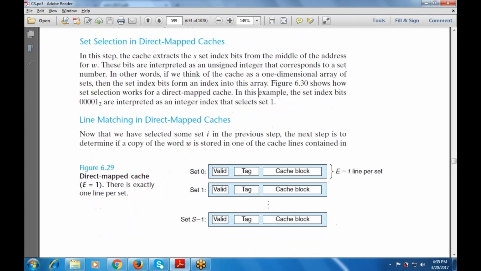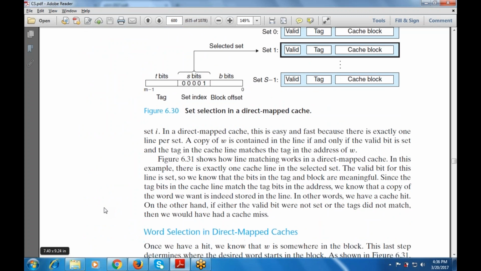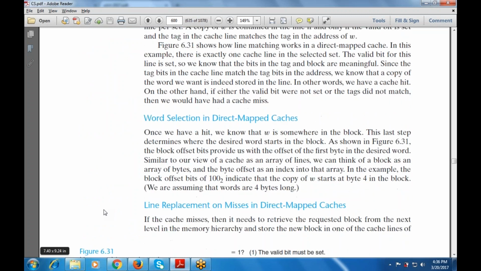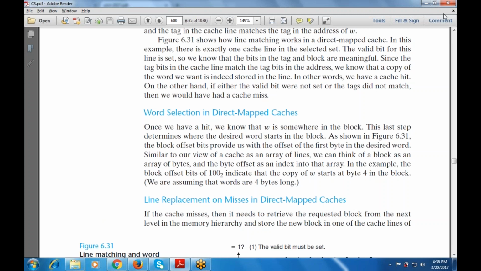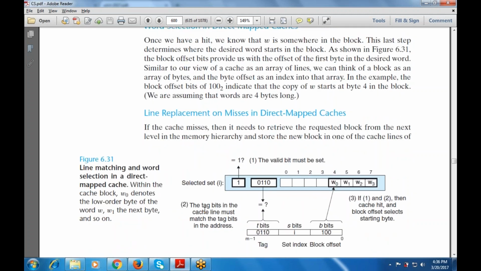Now next is line matching. This is set 0, with valid, tag, cache block; valid, tag, cache block; valid, tag, cache block. This is a direct mapped cache memory. Now next is set selection in the direct mapping, and then word selection in the direct mapping, which is used with the cache bits, the line replacement, or the word byte, whatever data we are taking out,